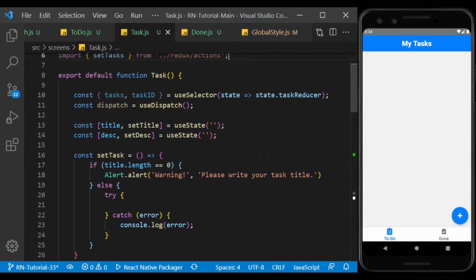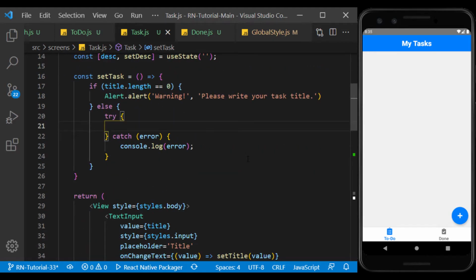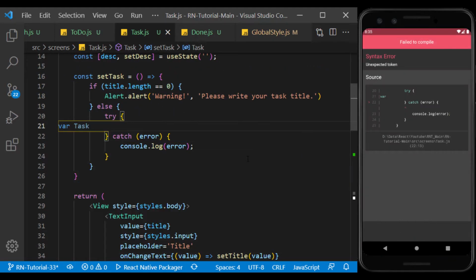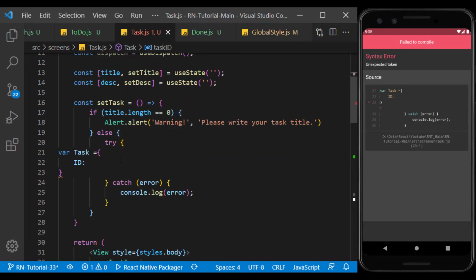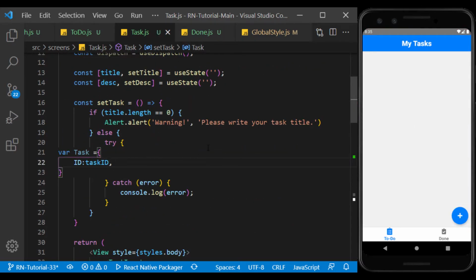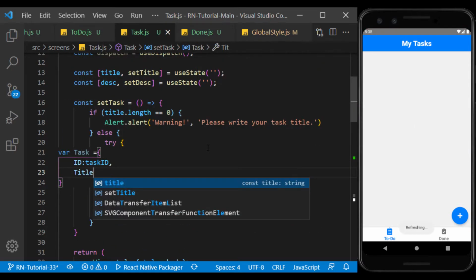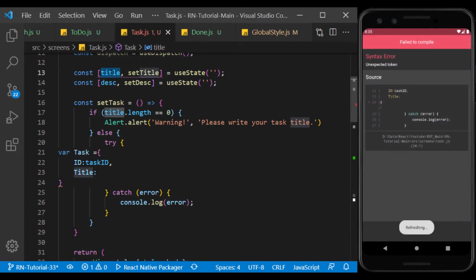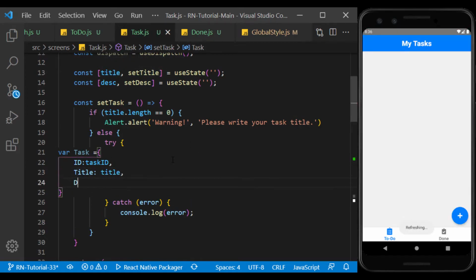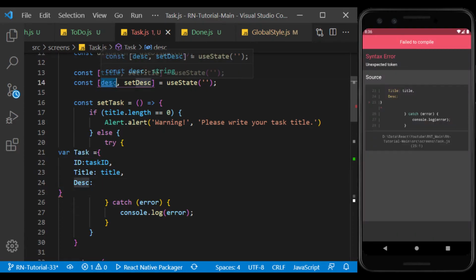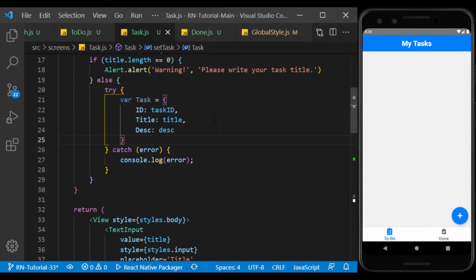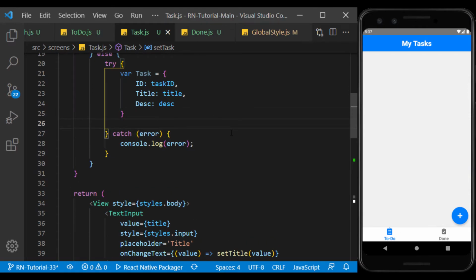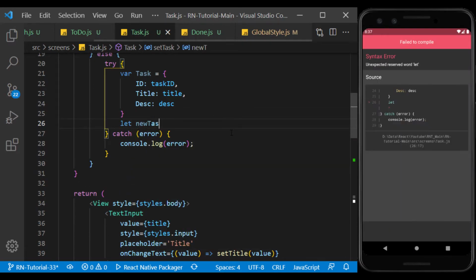Now we create the task object using the ID and two input values. And we add this object to the end of the previous tasks.